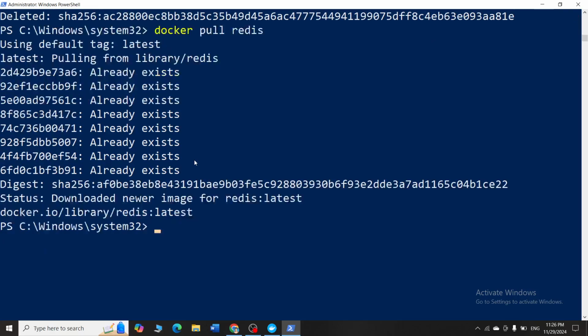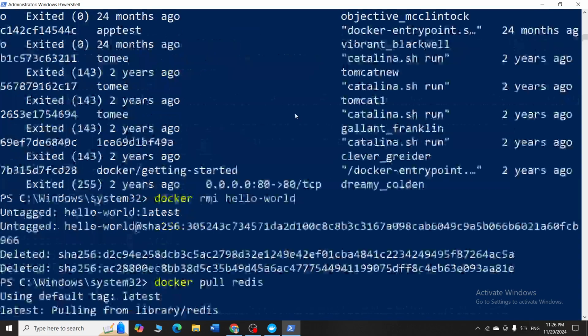To run the image, you have to say docker run. For hello world, if you simply say docker run hello world, that would be fine. But for any other application, first we have to give it a new name. We should make a habit of giving a new name to the container, because if you are not giving a name, Docker will give some random name.